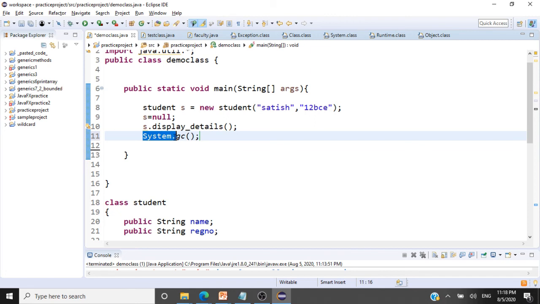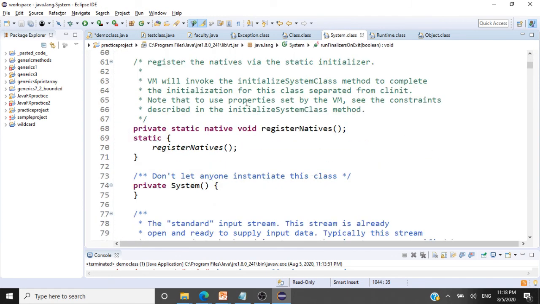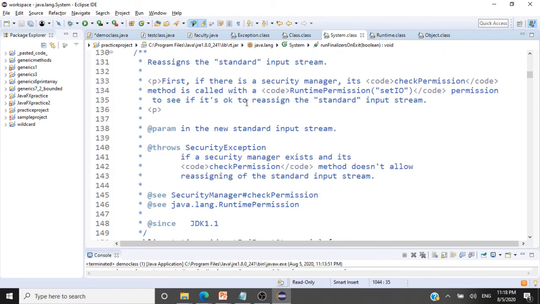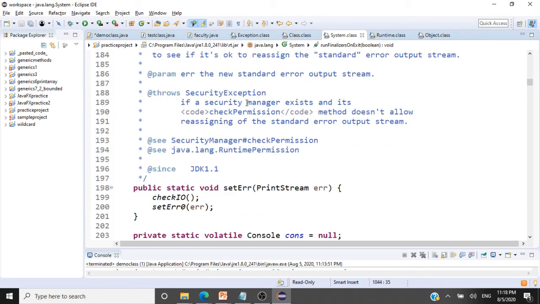Again, System is a class. We have used it many times, right? System.out.println and things like that. So the System class is here. The definition for the System class we have here. And the System class really has this method gc. And what is this gc? System.gc. You can search for that.